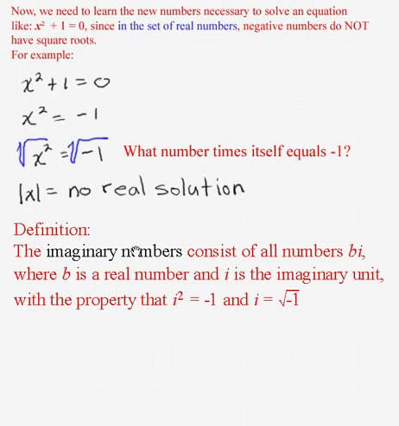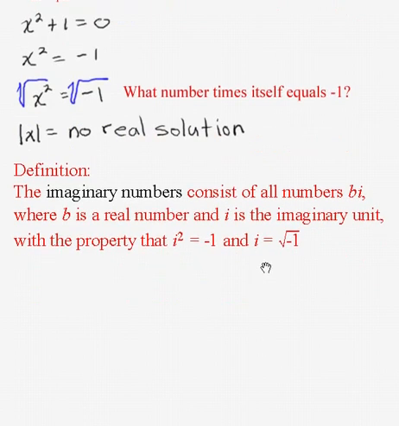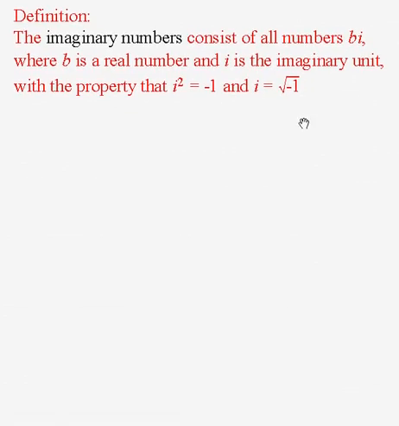So we've had to define a new number system, which is called the imaginary numbers. Imaginary numbers consist of all numbers in the form bi, where b is a real number and i represents a new number, the imaginary unit. Remember that we called 1 the unit when we talked about counting numbers. i is the imaginary unit, and i squared is equal to negative 1, and i represents this quantity, the square root of negative 1, which does not exist in real numbers,